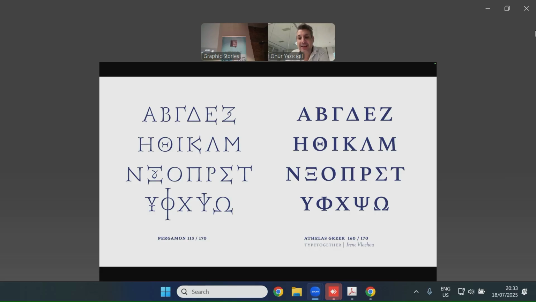So that's why, going back, that was a small little parenthesis. Just to remind, Irini Vlahou's very nice typeface, Attila's Greek. She designed the Greek version of Attila's, which was actually designed by Jose Scaglione and Veronica Burian of TypeTogether. And Irini, an Athens-based type designer, designed it. And this is, I would say, an exemplary modern version of the Greek capitals. And on the left-hand side, you see Pergamon,